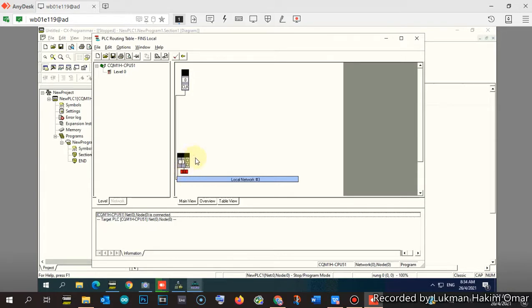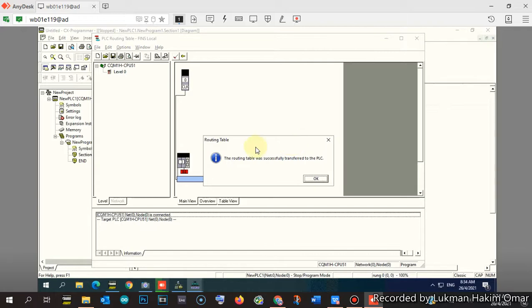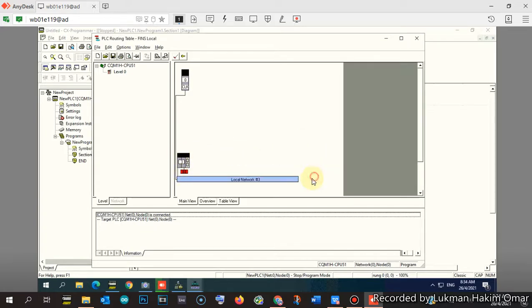Okay, we have this graphic here. It shows that the node number of the remote device, the remote PLC, is number 3. That is the master PLC, and the remote network is number 4, and then we have to transfer this to the slave PLC. Okay, it mentioned that the transfer is successful.